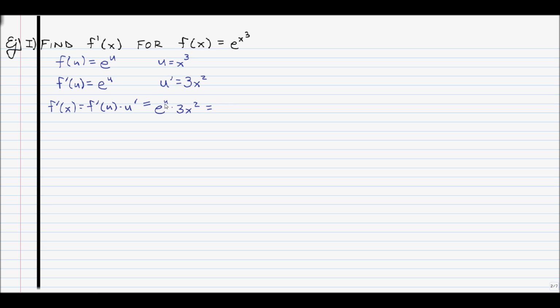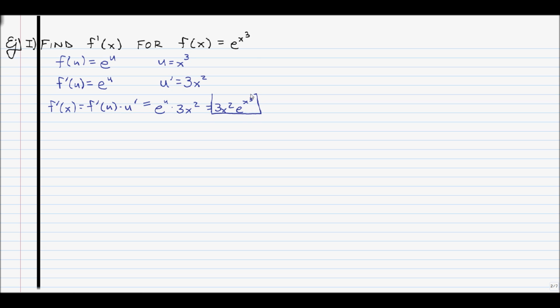But of course, that's not what u is. U is really equal to x cubed. So we'll just make our substitution. We'll say that e to the u is e to the x cubed. And of course, that's times u prime. I just like to put it in the front because I like shoving e at the end of the whole